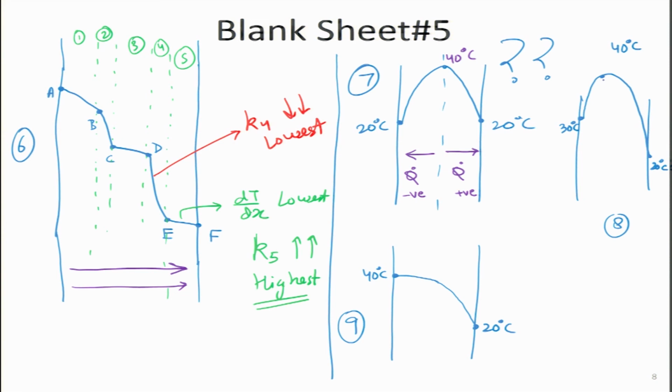So, this will be negative and this will be positive, which means it is going to be a very interesting case. Same thing over here, the difference is it is not in the middle as in case 8, but here again there will be a Q dot on the left side, Q dot on the right side.